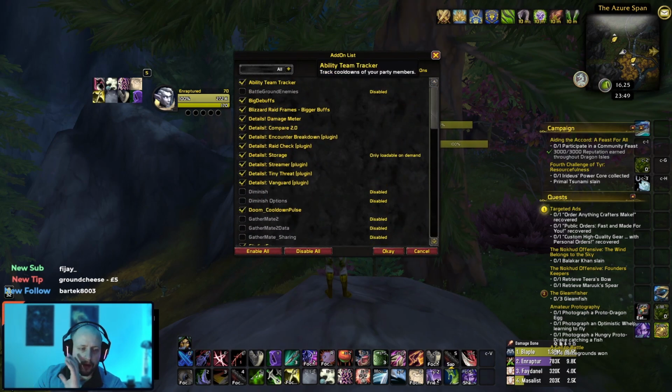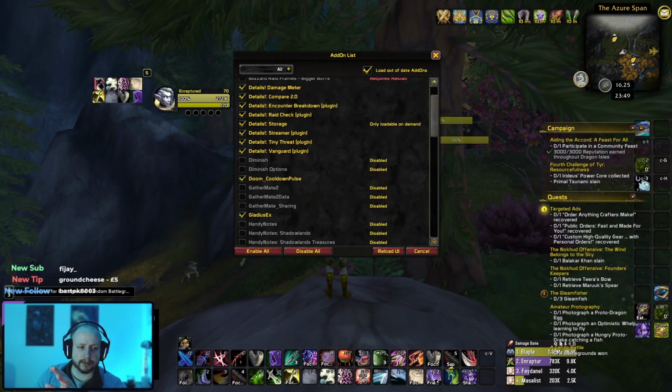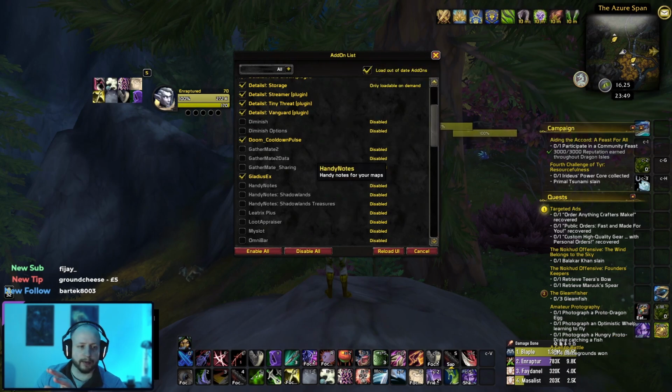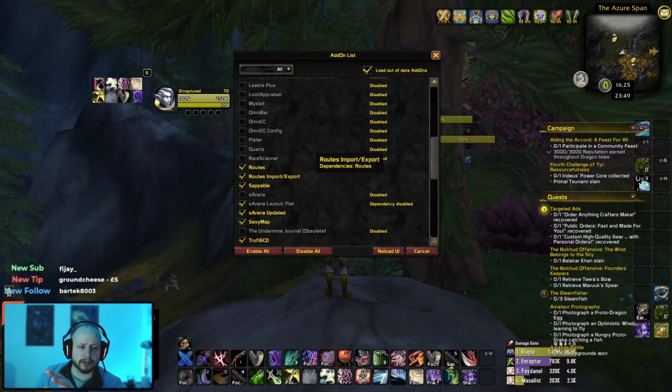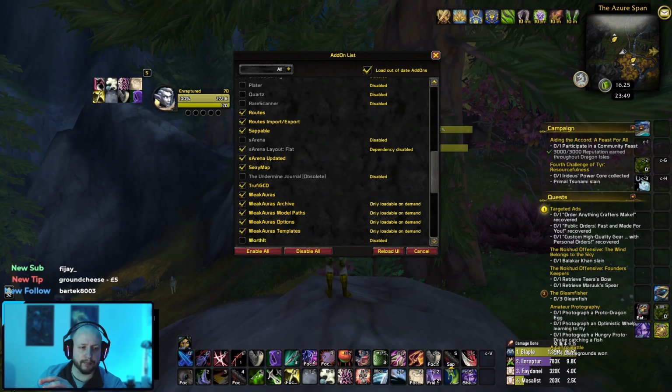So ability team tracker, big debuffs. This one isn't necessary, but it does add a timer if you're playing a healer onto your hots or spells. Doom cooldown pulse, that's the big thing that appears in the middle of my screen. GlaidiusEX, I'll go over that. Roots important, you don't really need that. Sappable, a really nice add-on that tells me when a target can be sapped. Sarena updated, Sexymap,